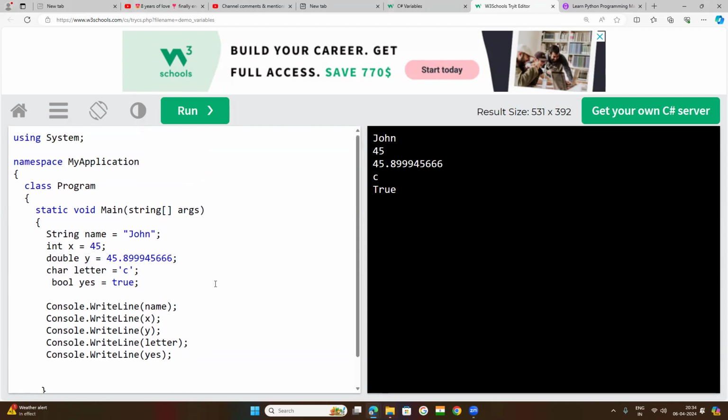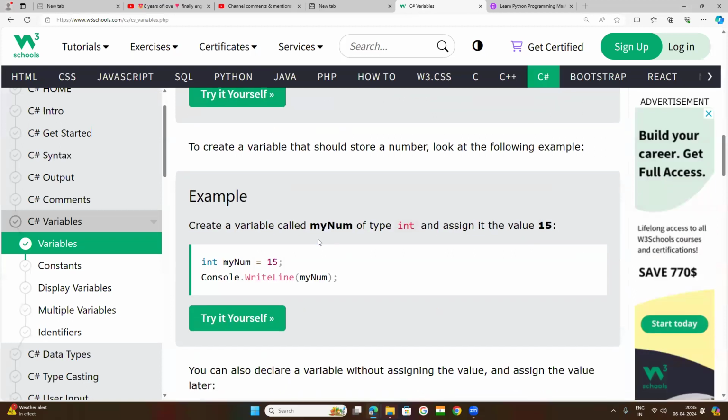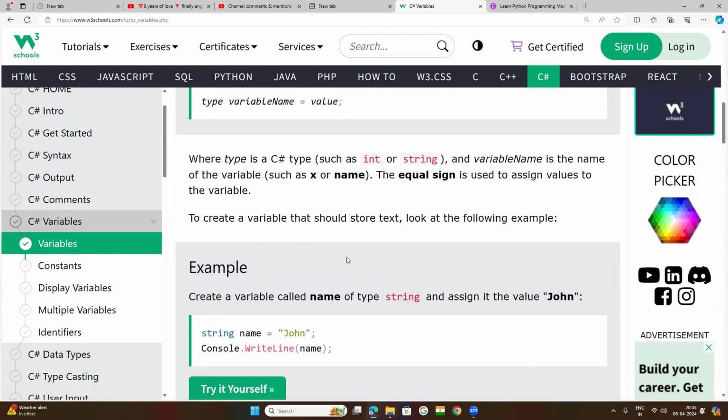Okay, so now come to the point. Next lesson is what? Now we close this one and come to the topic. So variables we are discussing. This is the way to declare. As I told you, a variable is nothing but